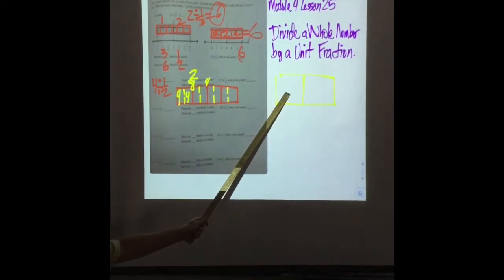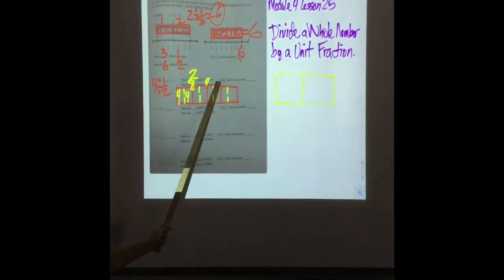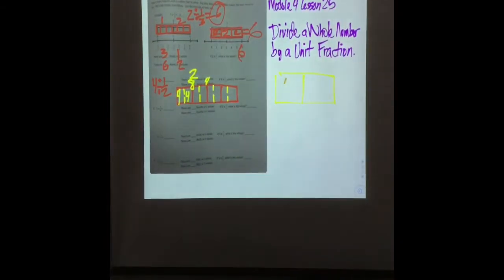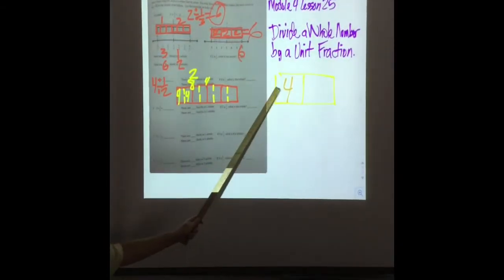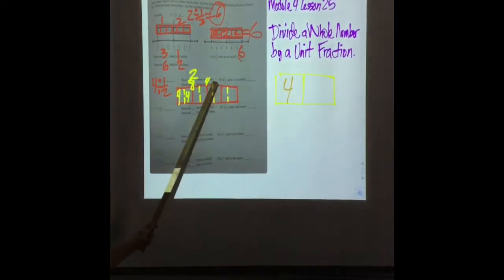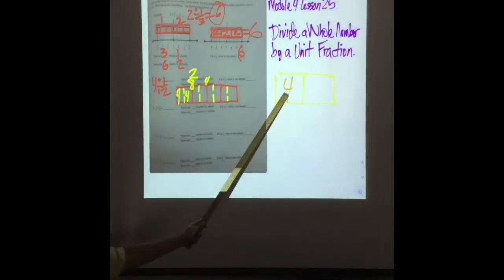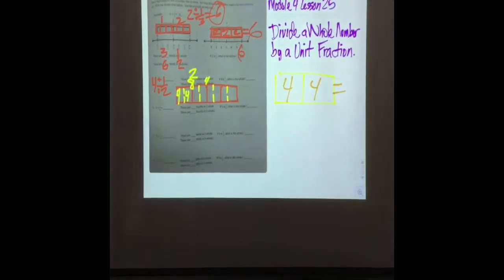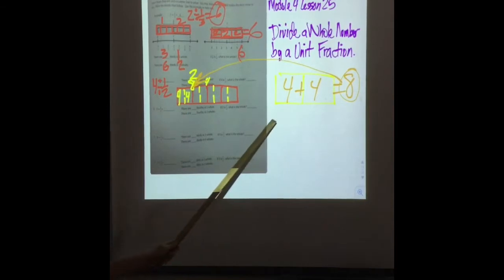So if I have it says there's 4 in half. Here's my half. I'm going to put a 4 in this. And do I need to put a 4 in this one? If there's a 4 in half, yes, I'm going to put another 4 in there too, aren't I? So 4 plus 4 is 8. And that's the same answer we got over here, isn't it? Yes. It is 8. There are 8 halves